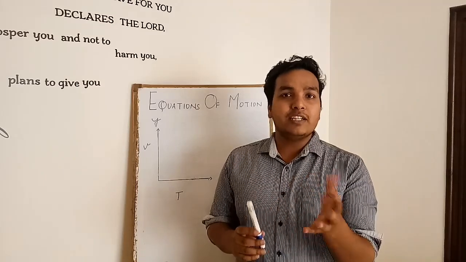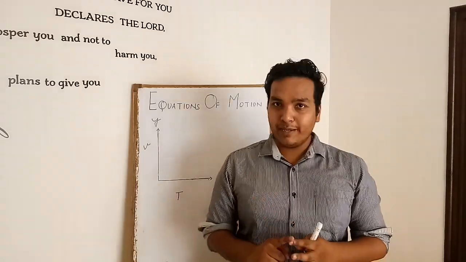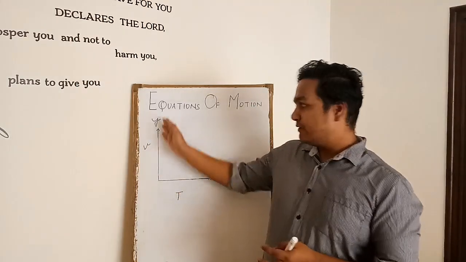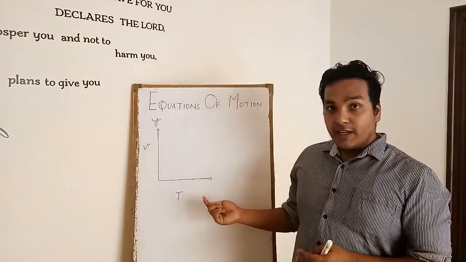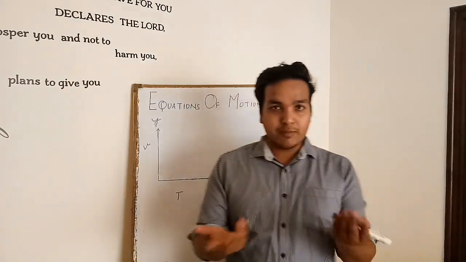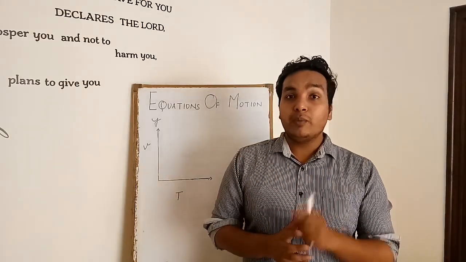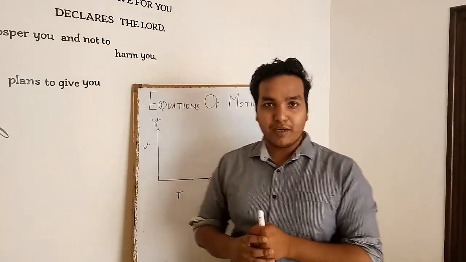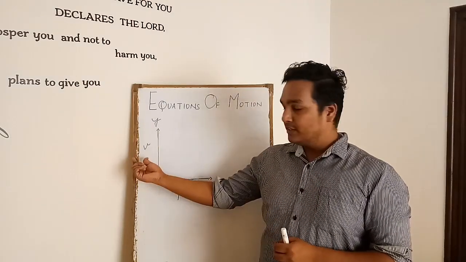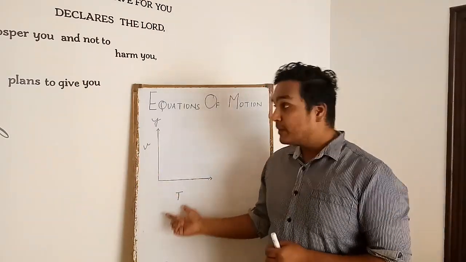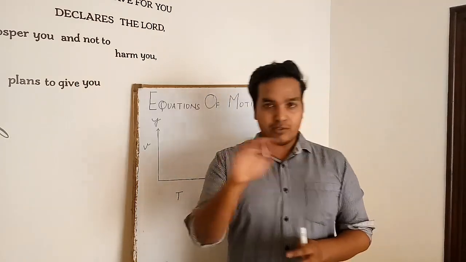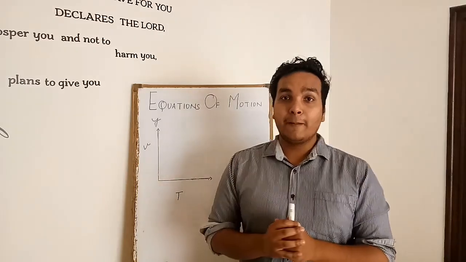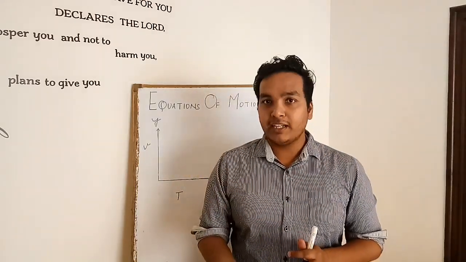If we use a displacement time graph, we can find displacement with the help of the y-axis, because displacement will be written there. We can find displacement, we can find time, and we can find velocity. The slope of displacement is velocity, but we cannot find acceleration from that graph. And when we talk about the acceleration time graph, we can find acceleration, which will be written here, and we can find the time period also, and we can find velocity, because the area under the acceleration time graph denotes velocity, but we cannot find displacement from that graph.